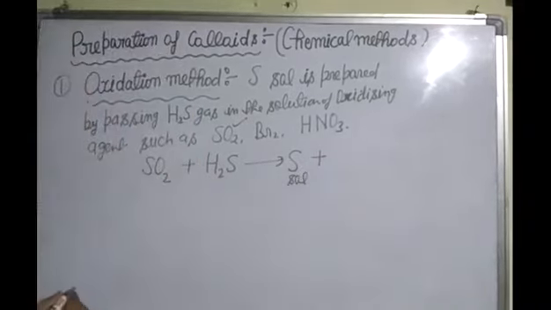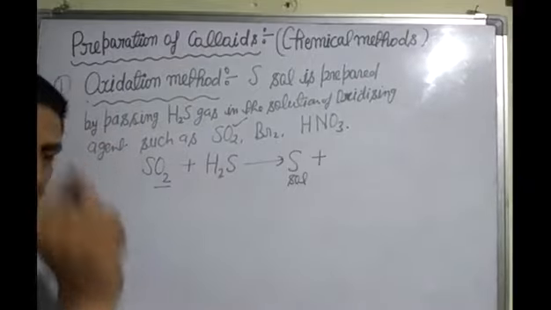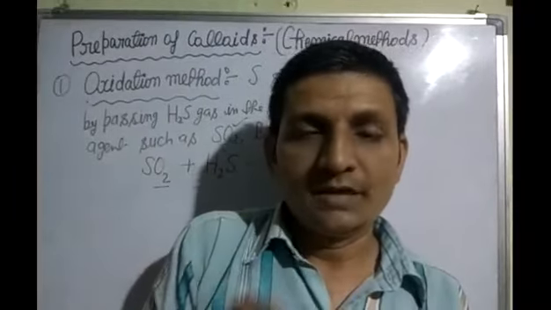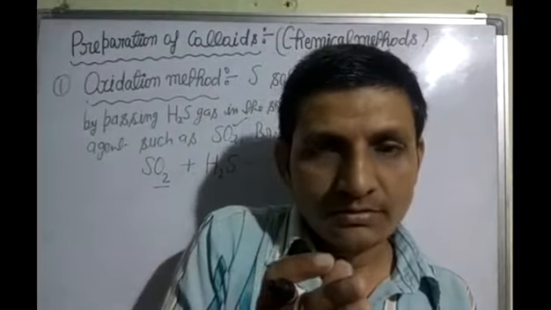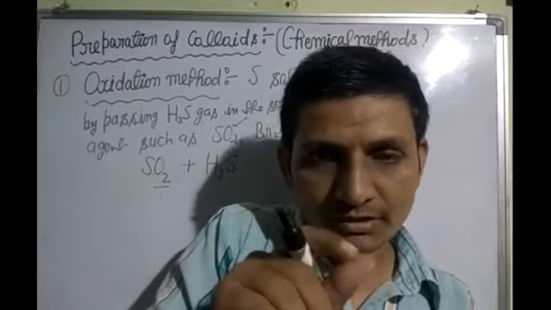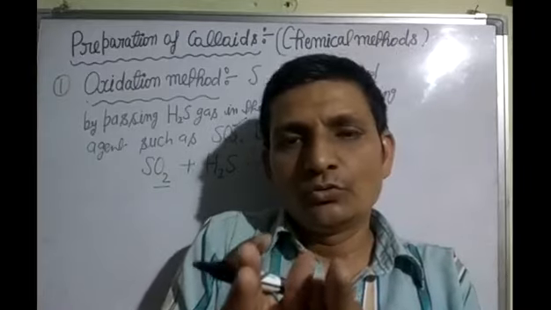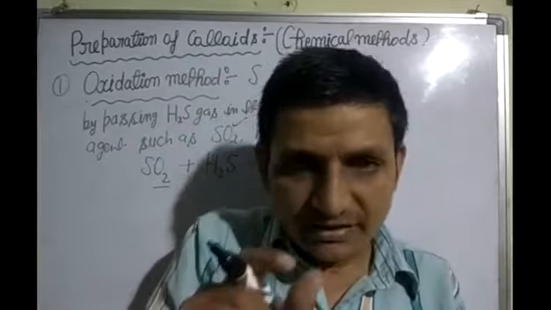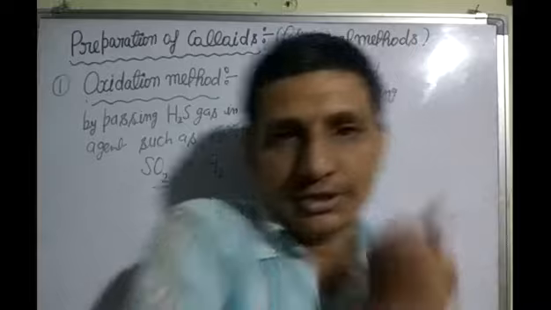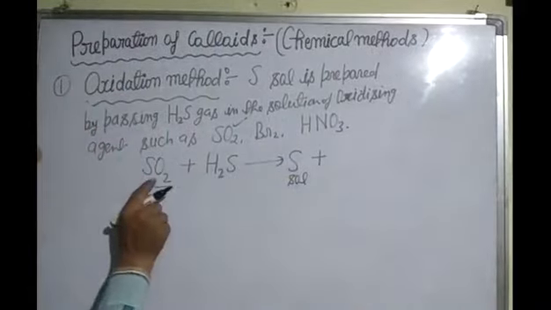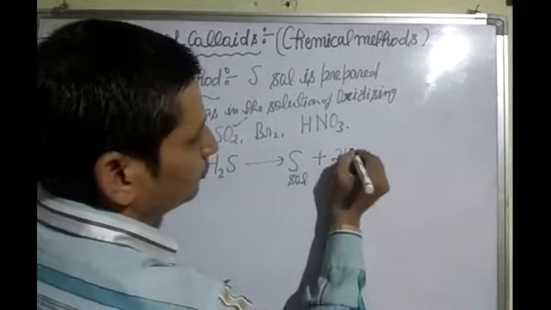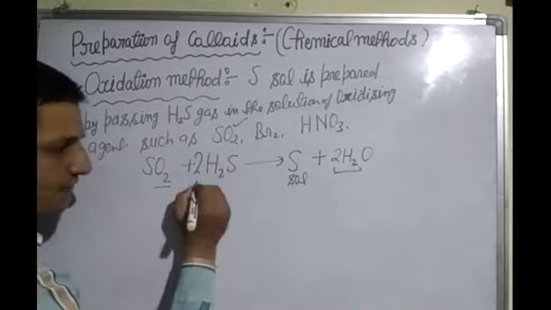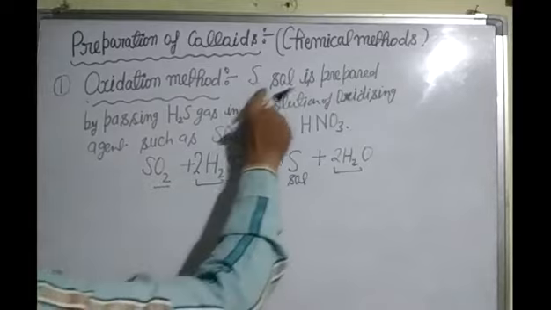Plus, student, learn: number of oxygen is equal to number of water. Number of hydrogen is equal to half of number of hydrogen equal to water. You have to learn this simple trick. Number of oxygen here is 2, so water we get 2, 2H2O. Now hydrogen 2 becomes 4, so multiply here by 2. Second, sulfur sol is prepared.